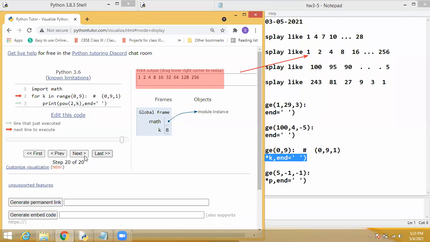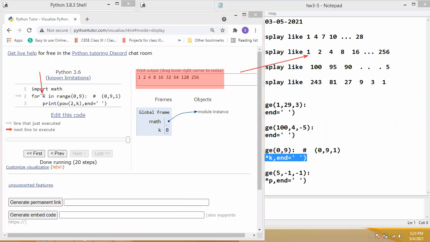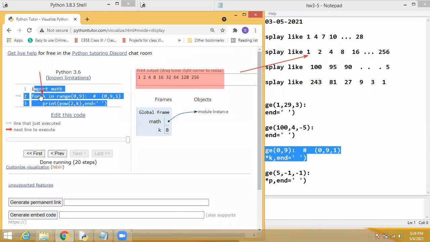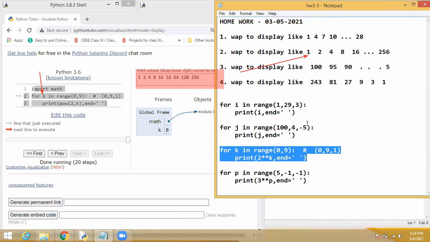Students clear? Everyone uses a different method of solving every problem. And you can change the variable also. Instead of k, you can also use your name. That is also not an issue. Anyway, you will get the output. Both the programs are displaying the same output, this program and this program. So they will give the exact marks for both the answers.